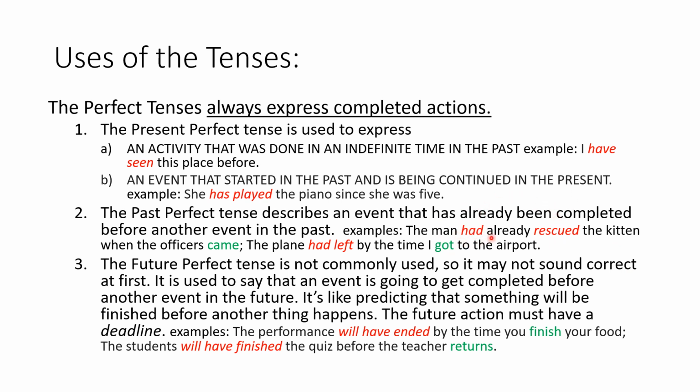The use of the auxiliary verb had signals that this one is in the past perfect tense. And the past perfect tense is a clear indicator that this action happened first before the arrival of the officers. So, you might be wondering why the word already is not in red. It's because already is an adverb. Now, keep in mind that sometimes an adverb comes between the auxiliary verb and the main verb.